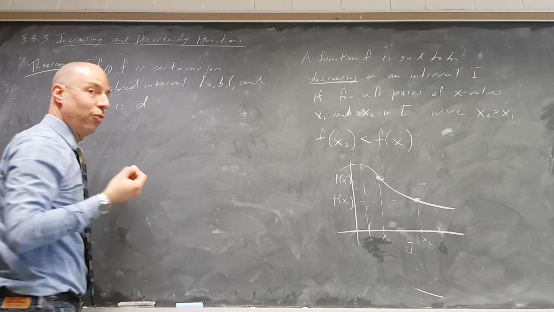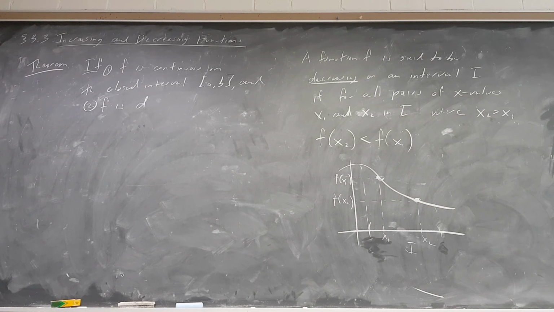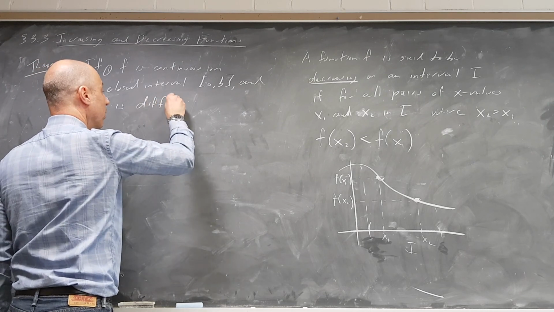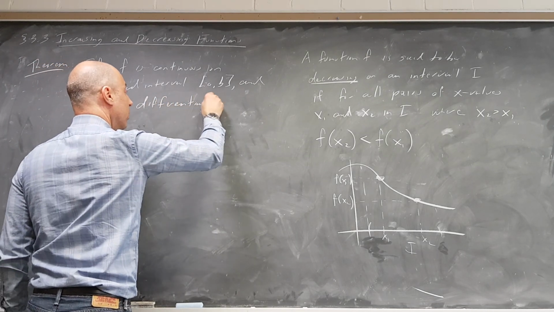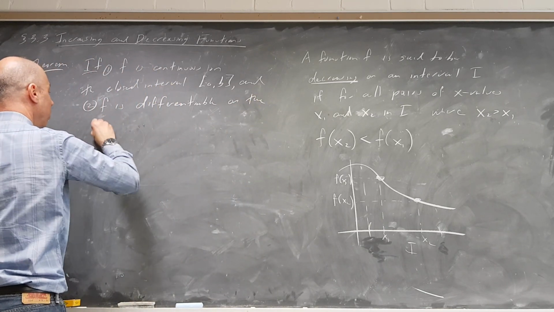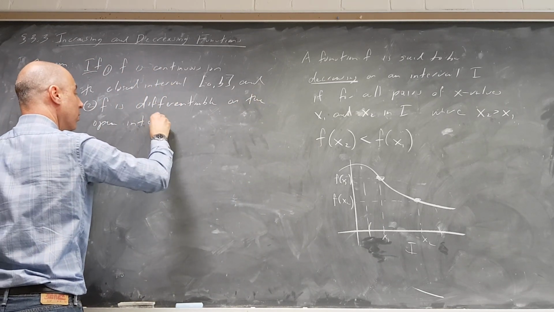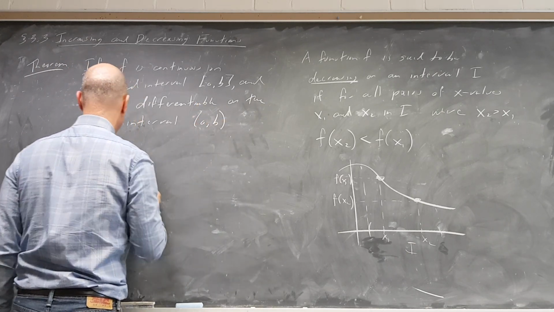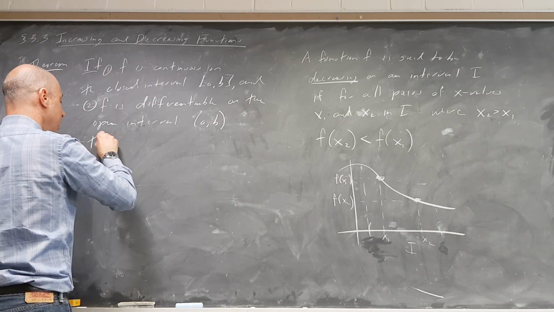This should ring a bell. This should look exactly like what we had for Rolle's theorem and the mean value theorem. f is differentiable on the open interval (a, b), then